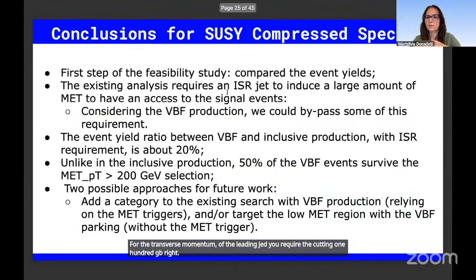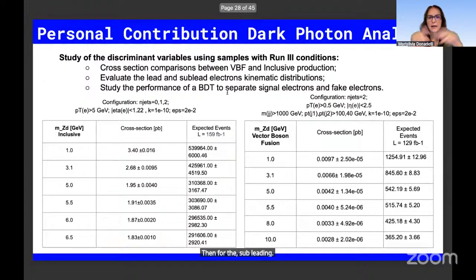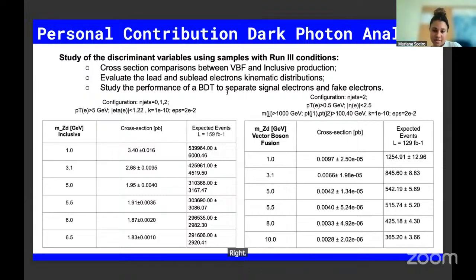Then for the subleading 400 GeV, and for the VBF tagging jets invariant mass greater than 1000 GeV, something like that, right? Yes. But the electron pT threshold is down to 0.5 GeV. Yes, this one is